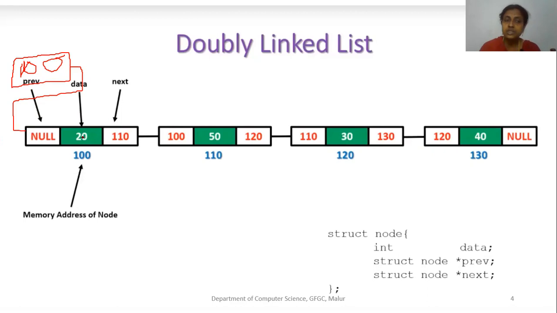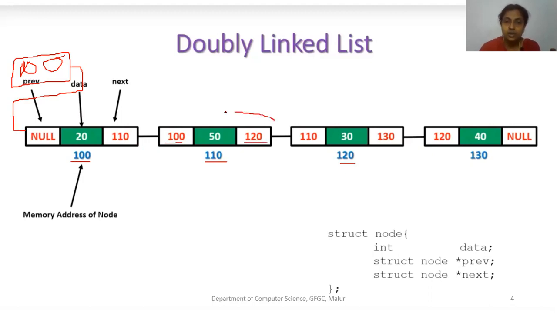And when it comes to this, this is data, and 110 represents the next node. So where will it go? It will represent the next node. So when the next node is created, the data we store is 50. What is the previous node? This 100 will be stored in this position. The next node address 120 will be stored in this position.